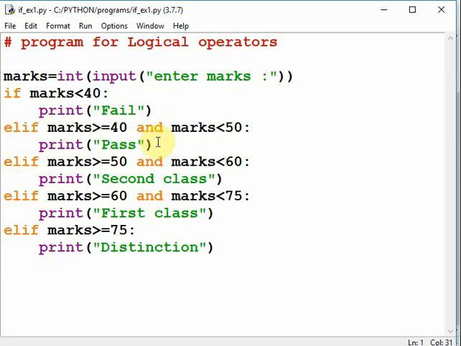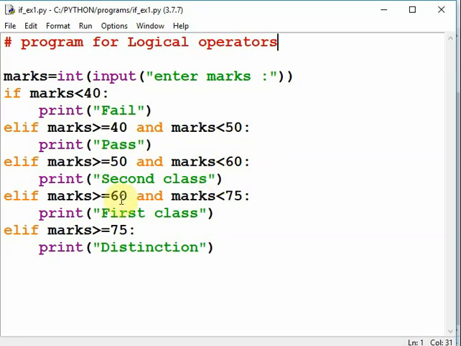So for marks between 40 to 49, the result will be pass. If the marks are between 50 to 59, the result will be second class.